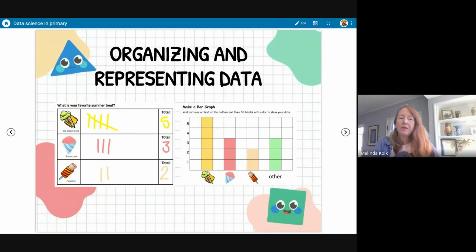So all of those fun things we do, maybe as part of our morning routine, we might have a daily tally: two books, which is your favorite book, put your tally mark in there. Then we're going back to doing all of those basic math skills and number sense. Let's count each of those tally marks. Let's total them up. And for more advanced students, does this total to everyone in the class? We might represent it visually with a bar graph. And so all of those things are basic skills that are doable by very young students.